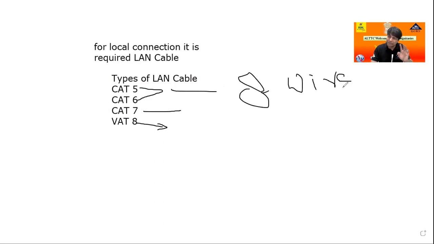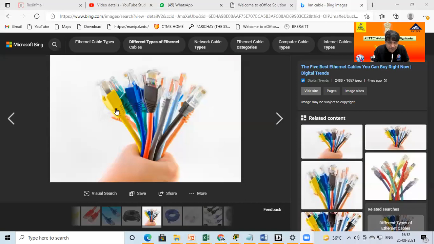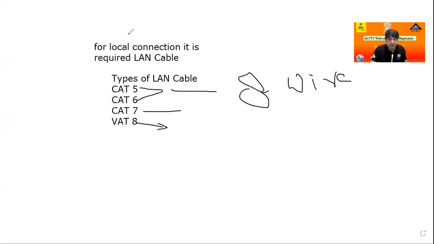Very simple. All cables have 8 wires. Okay. And look-wise also, if I ask whether this cable is cat 5 or cat 6, I don't know, because it may be cat 5, cat 6, cat 7, or cat 8. Okay. What is the difference between these cables? The only difference is that all cables are made of copper wire. Again I repeat, no matter which cable, it is just copper wire.